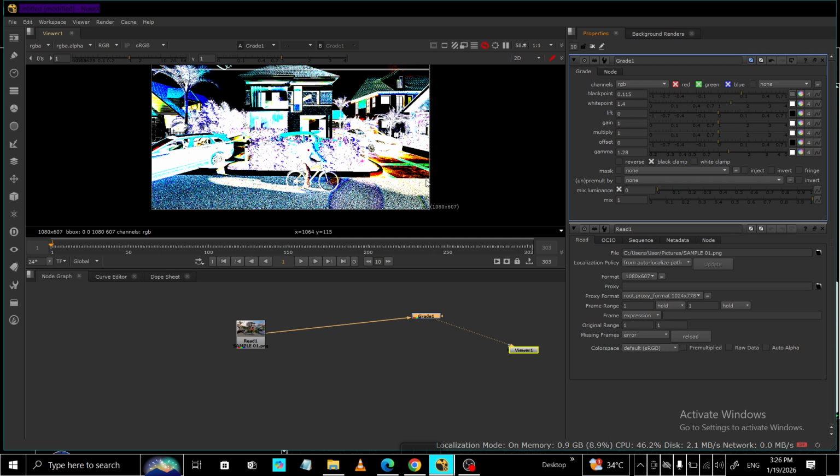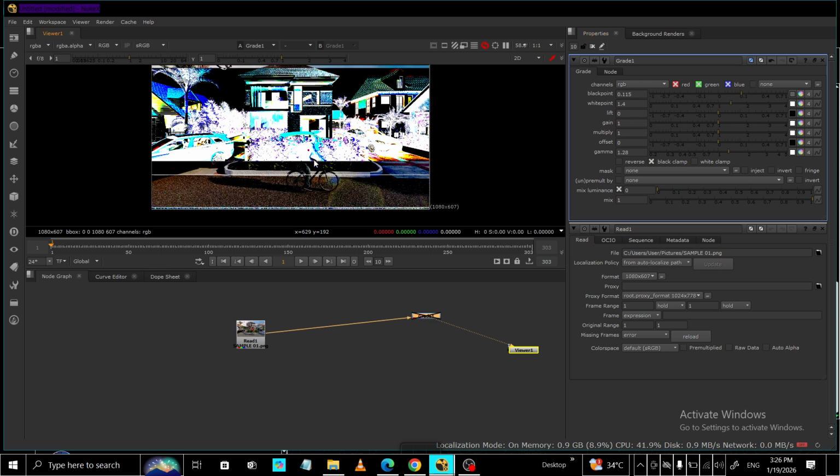Finally, preview your work in the viewer. Select the grade node and press D to toggle it on and off. This gives you an instant before and after comparison so you can judge